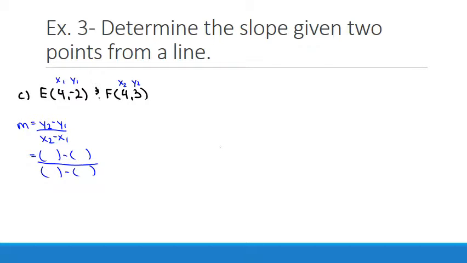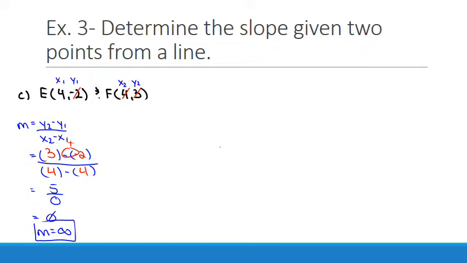So let's go to a different color again. X1 is 3, Y1 is -2, X2 is 4, and Y2 is... X1 is 4. So I see, actually, I have a sign change. That's a plus. So then I'm going to get 3 over 2 is 5. 4 minus 4 is 0. You can't divide by 0. So then I know my slope must be